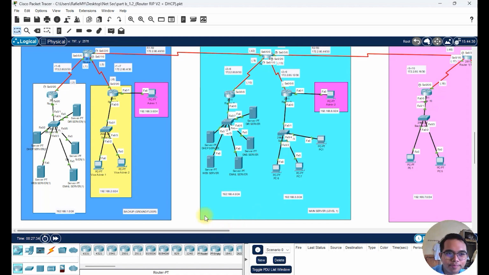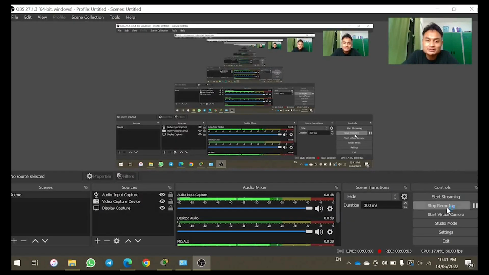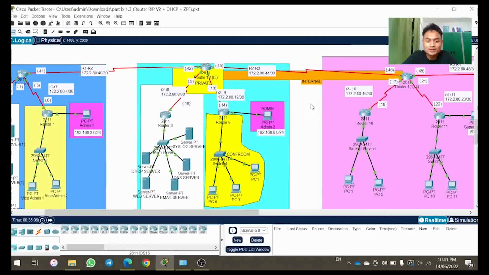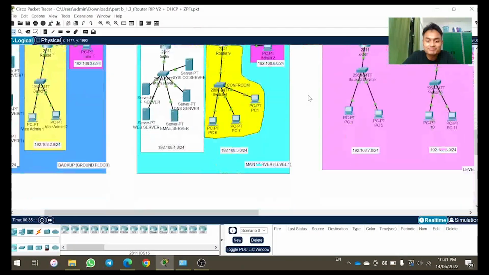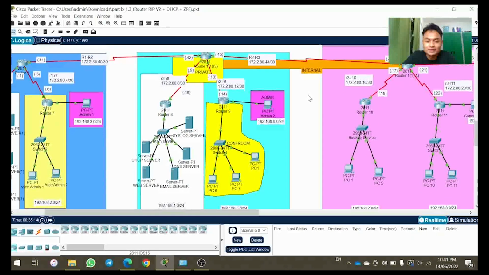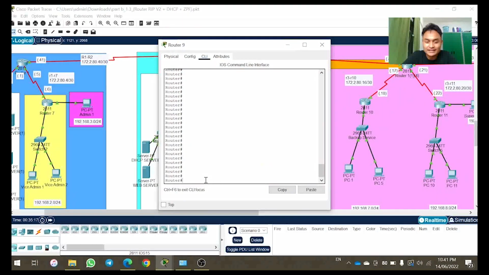Thank you. I will now explain the zone-based policies that we made in Packet Tracer. We're going to focus on this blue area, which is level 1. Now we're going to click on Router 9, and I will show you the policies that we made